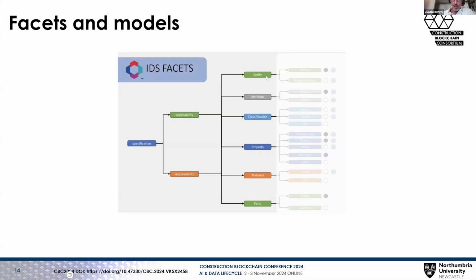And we have 6 facets to identify entities by type, whatever attributes they have, what classification is defined as a relationship within the IFC schema, or extra properties or quantities that they might have. We also have specialist relationship analysis facets that look at the relationship between elements and materials, and elements and their